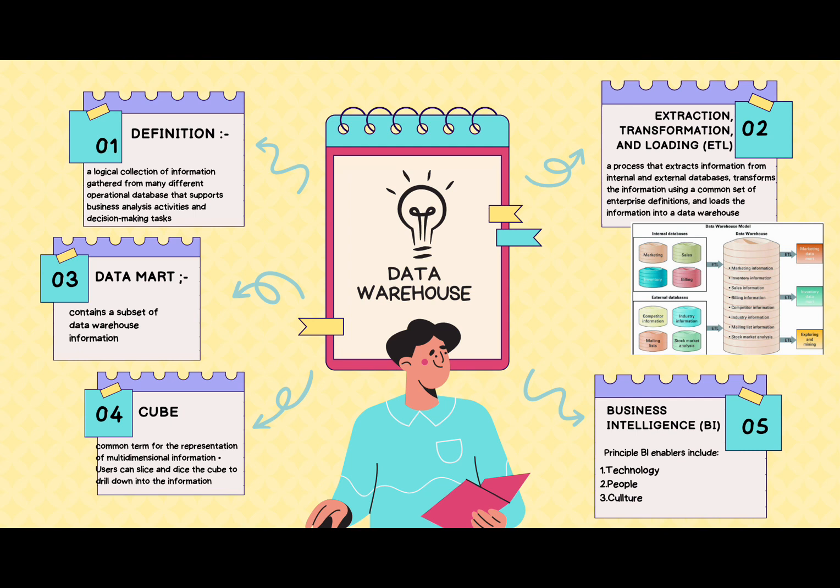Last, for data warehouse, we have business intelligence, which is BI, information that people use to support their decision-making efforts. There are 3 principal BI enablers, which are number 1, technology, number 2, people, and number 3, culture. For technology, every company needs to follow the